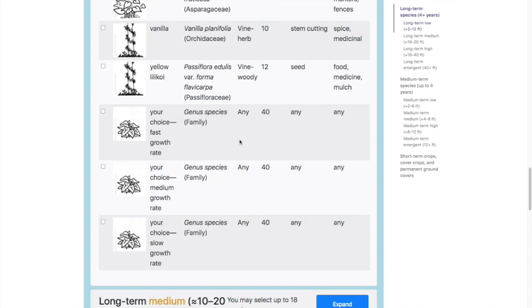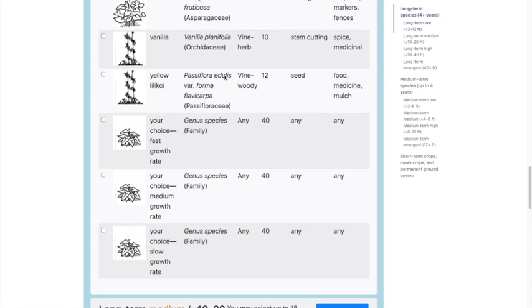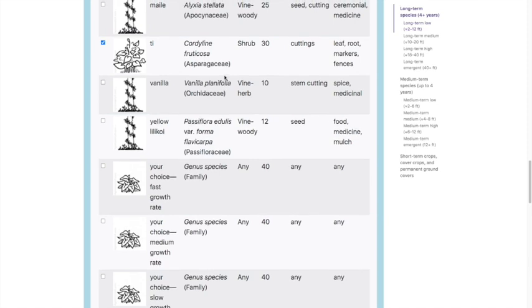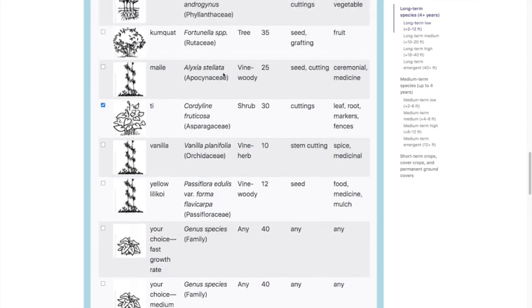Now, here's something interesting you should know. There are at least two ways that I'm aware of to select species that we don't currently have in the data set. So if you want a species that you know will grow in your project area, but you don't see it on our list, then one way to deal with this is to go and find an analog species in the list.